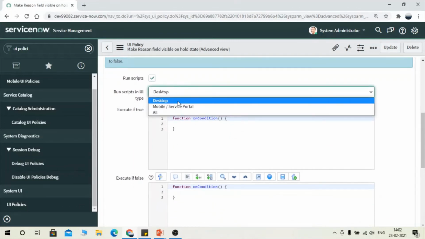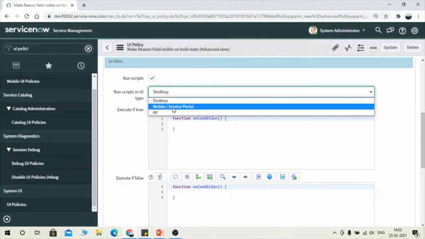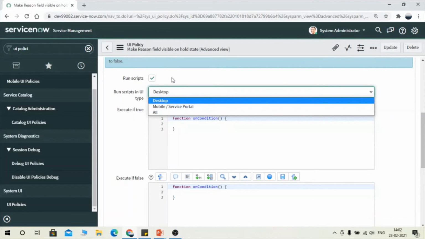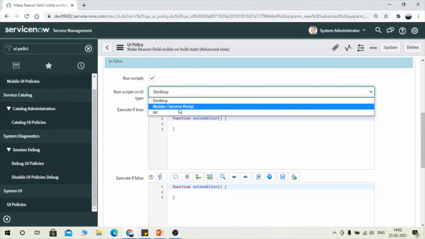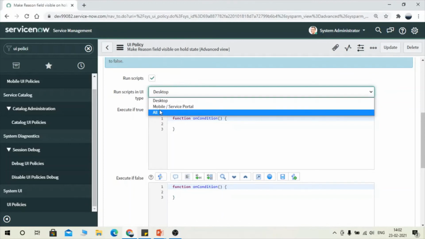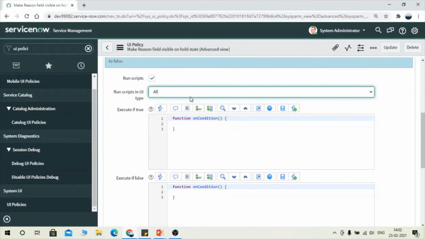If you select desktop, it will be running for only desktop. If you are selecting mobile and service portal, this UI policy gets triggered on mobile and service portal. If you select all, it will be applicable to desktop or mobile or service portal, everywhere. So it's up to your requirement.